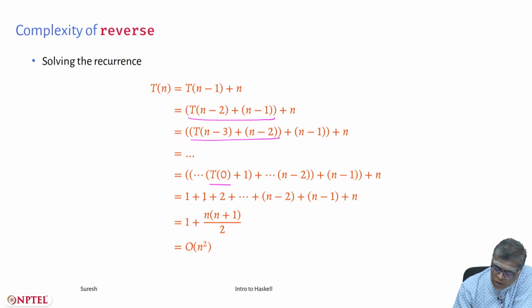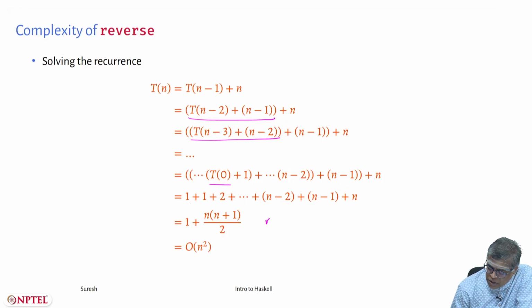So, you have 1 plus 2 plus 3 plus so on up to n, but that is nothing but 1 plus n into n into n plus 1 by 2. This is all just high school math. You just expand the recurrence and then you use some formula for arithmetic progression that you would have learnt in school. But now, here is the important point.